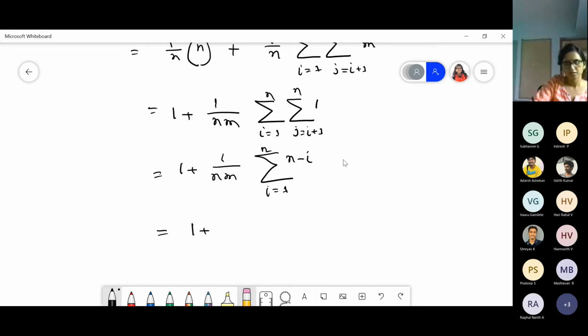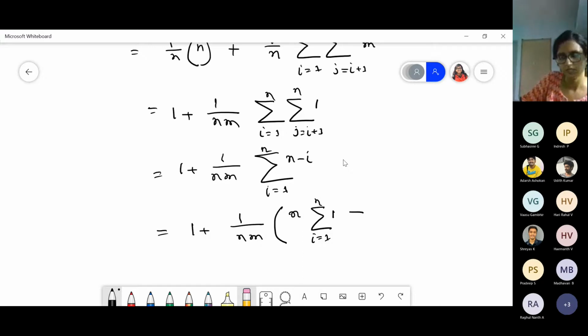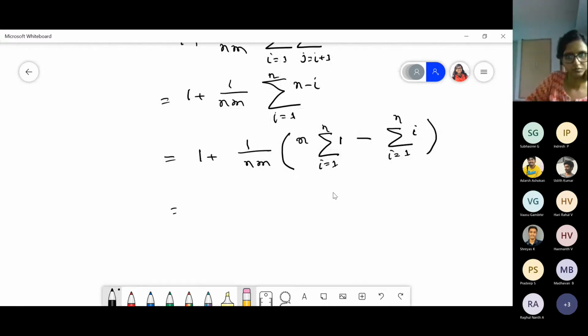So now, if we again divide by n, this part is n, sum over i equals 1 to n of 1, minus sum over i equals 1 to n of i, equals 1 plus n by m minus, what is this?